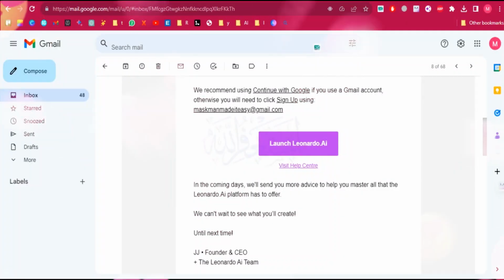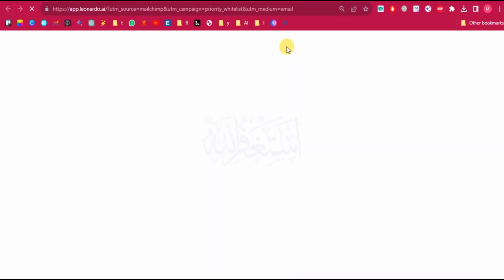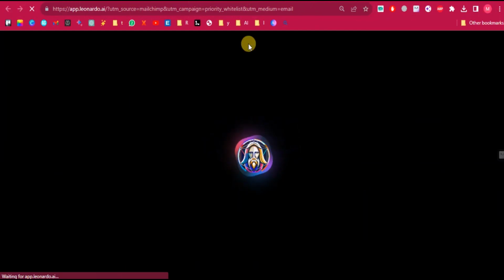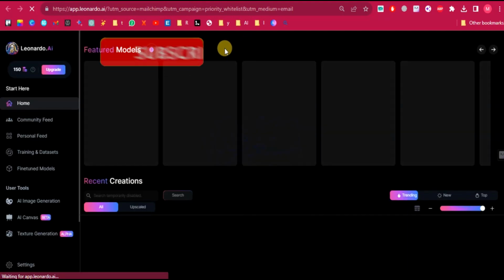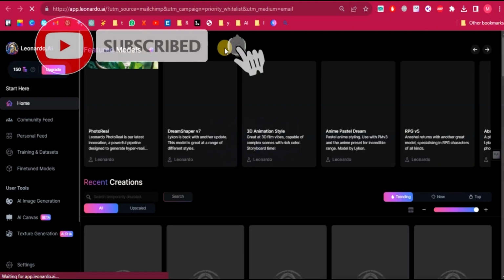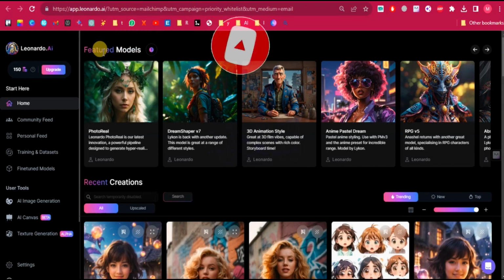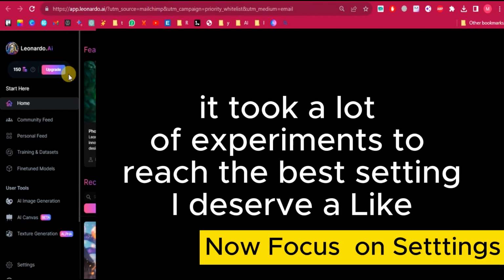Step 1. To begin, you will need to access the Leonardo AI website. When you get there, create an account by giving them your name and email. Hang tight for a bit and soon enough you will receive an email from them with a link. It will take 2 to 3 minutes. Click on that link to be taken to the main page where the magic happens.